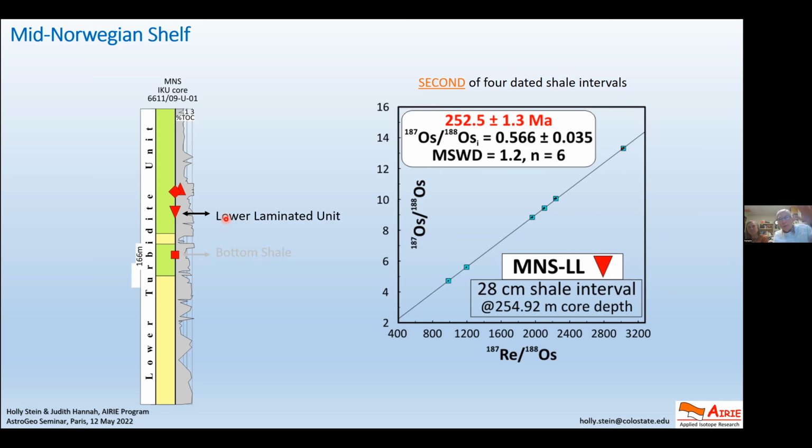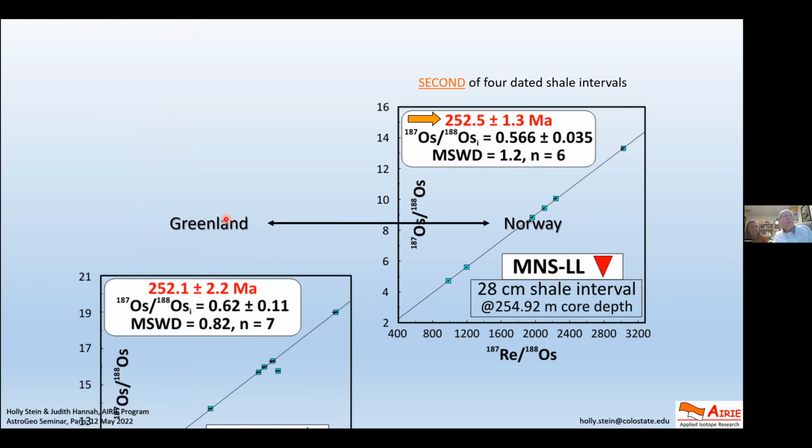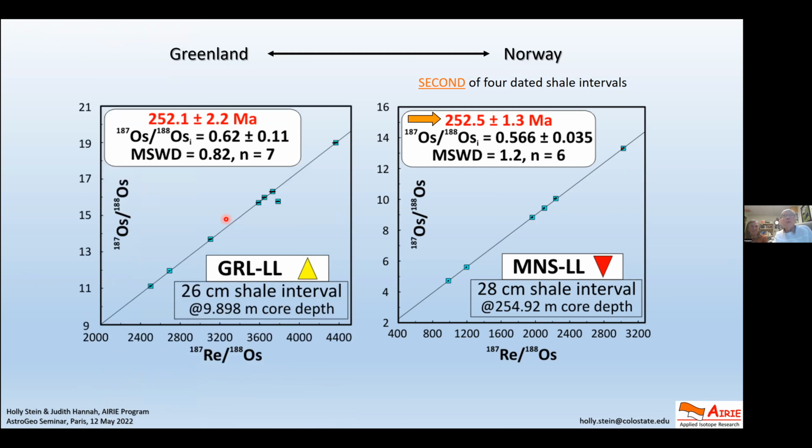Some of the early work was crushing a meter or 2 of shale, but you don't know how much time you have in a meter or 2. You could have millions and millions of years. You could have erosion, non-deposition surfaces, gaps that you cannot see with your eyes in the core, but they're there, gaps in time. So we take a small interval of time. Now, 252.5, how does that look with the Greenland? 252.1, these overlap beautifully. Now keep in mind, this work was done 15 or 16 years ago.